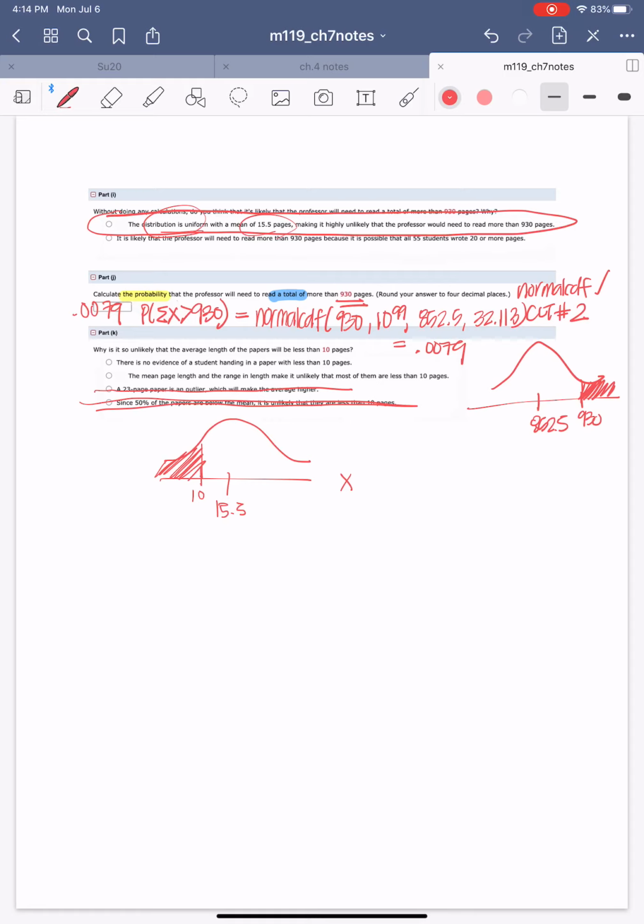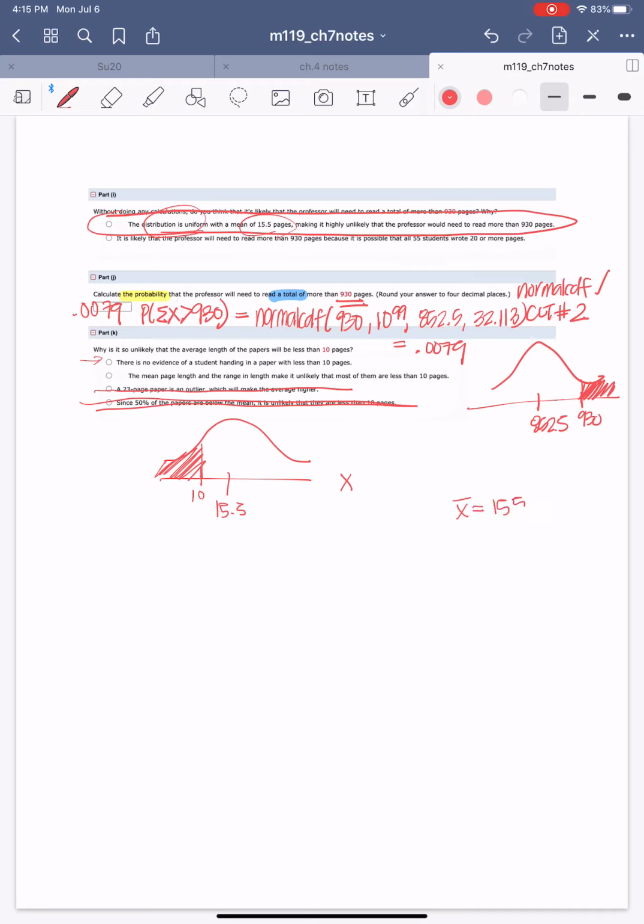Which one is a better one? There's no evidence of a student handing in a paper with less than 10 pages. That one doesn't really tell you a lot of information. In other words, the first option is telling you that we don't know if a student handed in a paper less than 10 pages. That's what it's saying. The second one says the mean page length and the range in length make it unlikely most of them are less than 10. Well, mean was